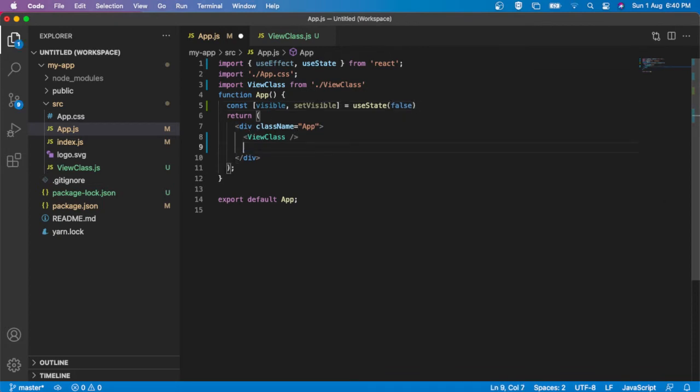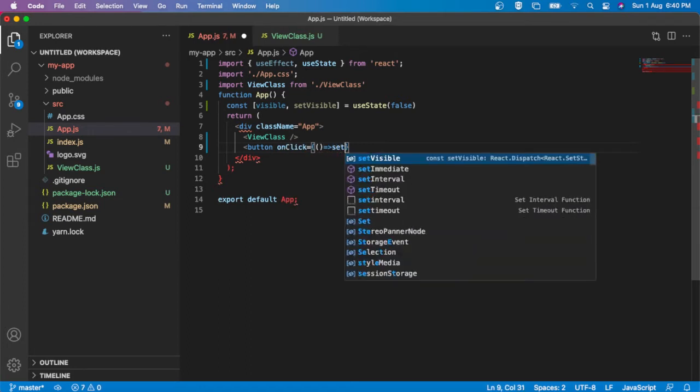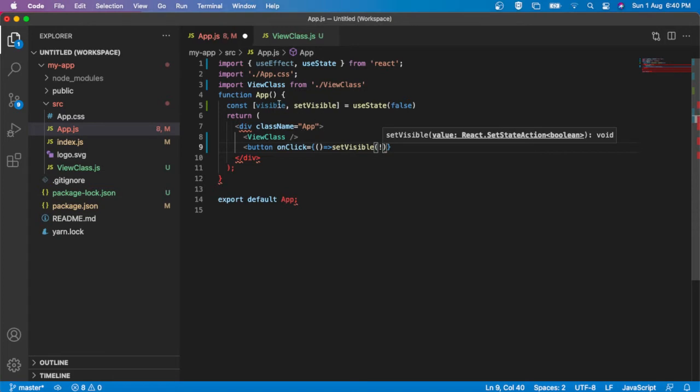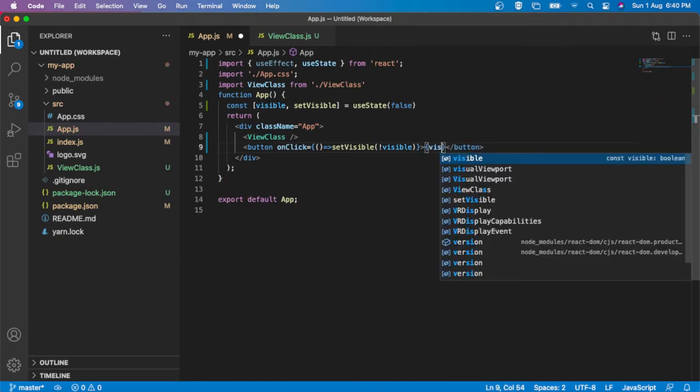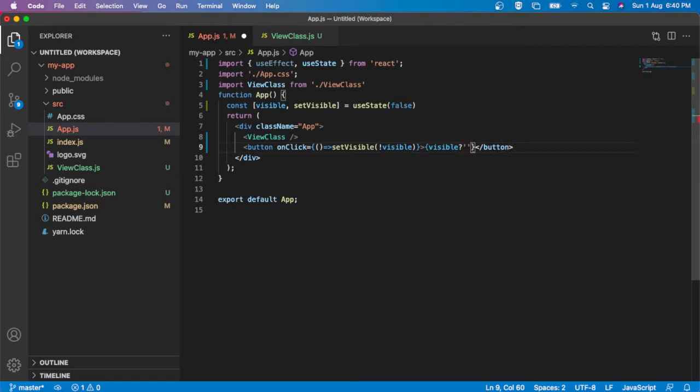Then I add a button, and on its click I change the value with setVisible to not visible. The button label is hide if it's visible, otherwise show.